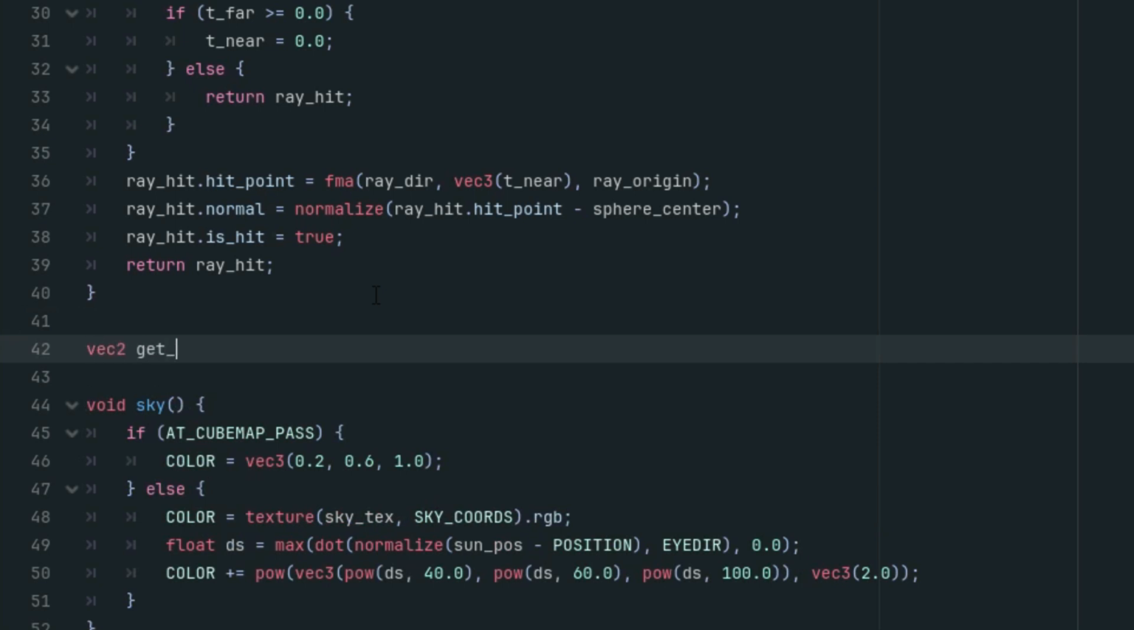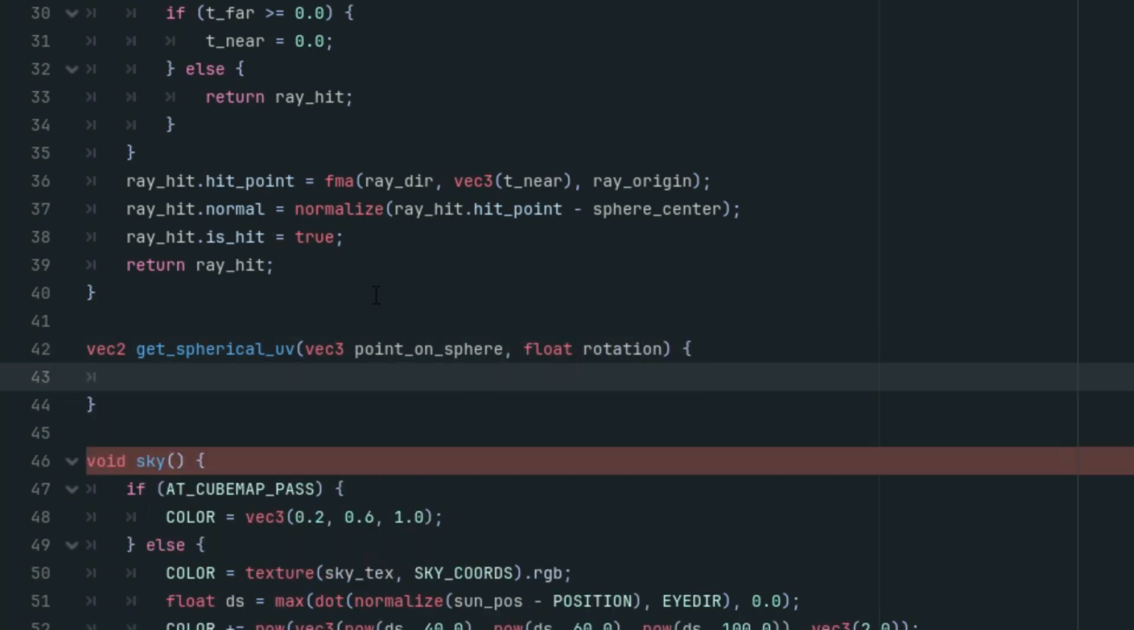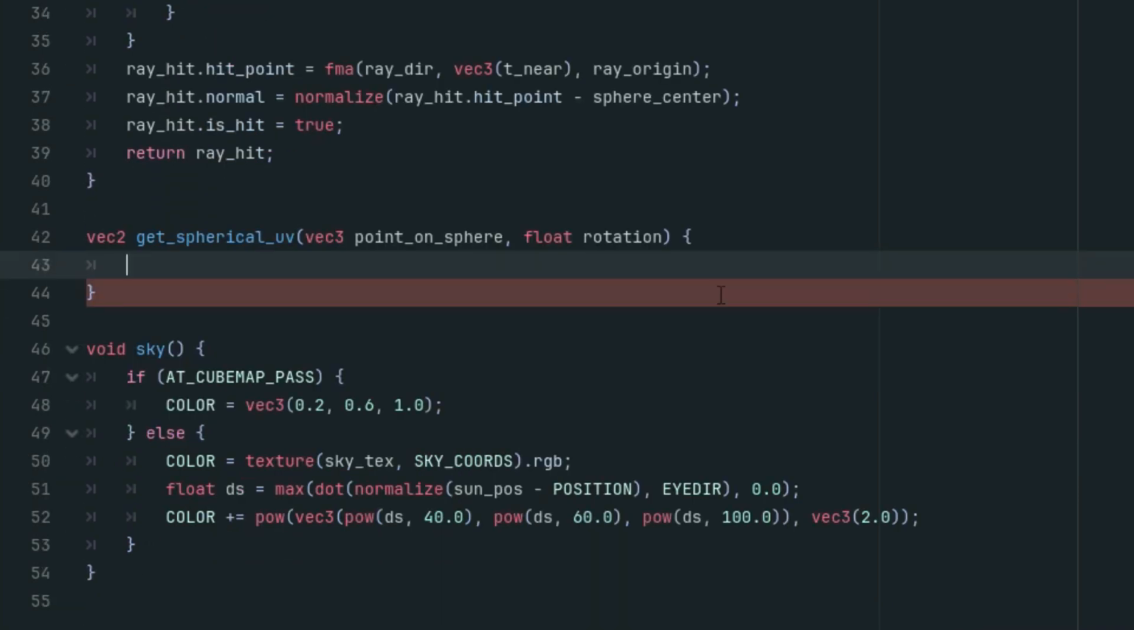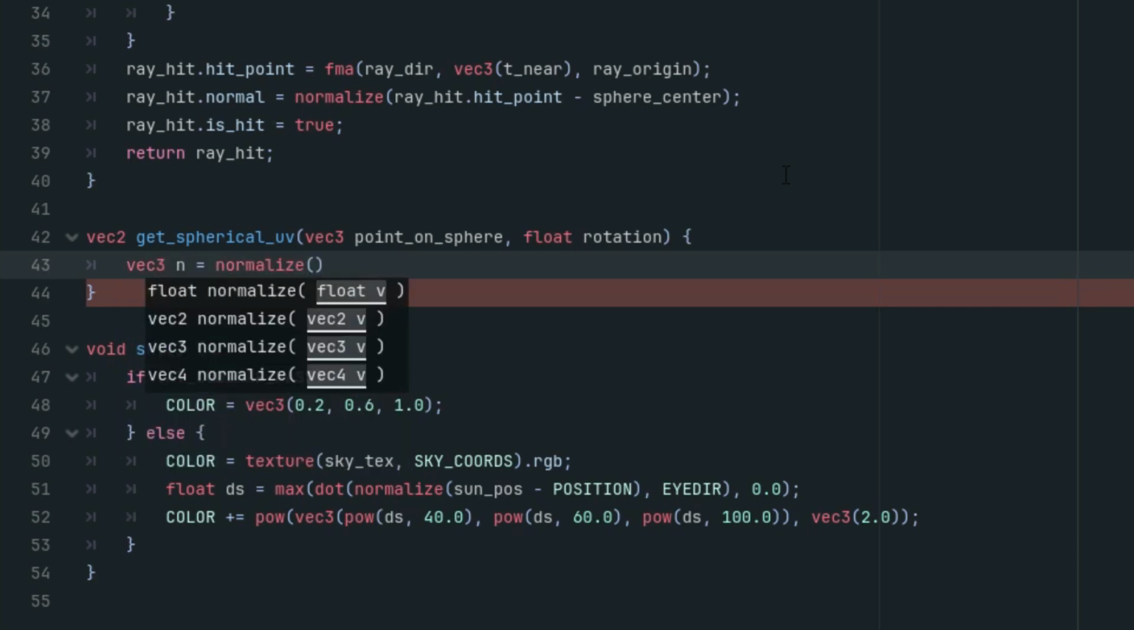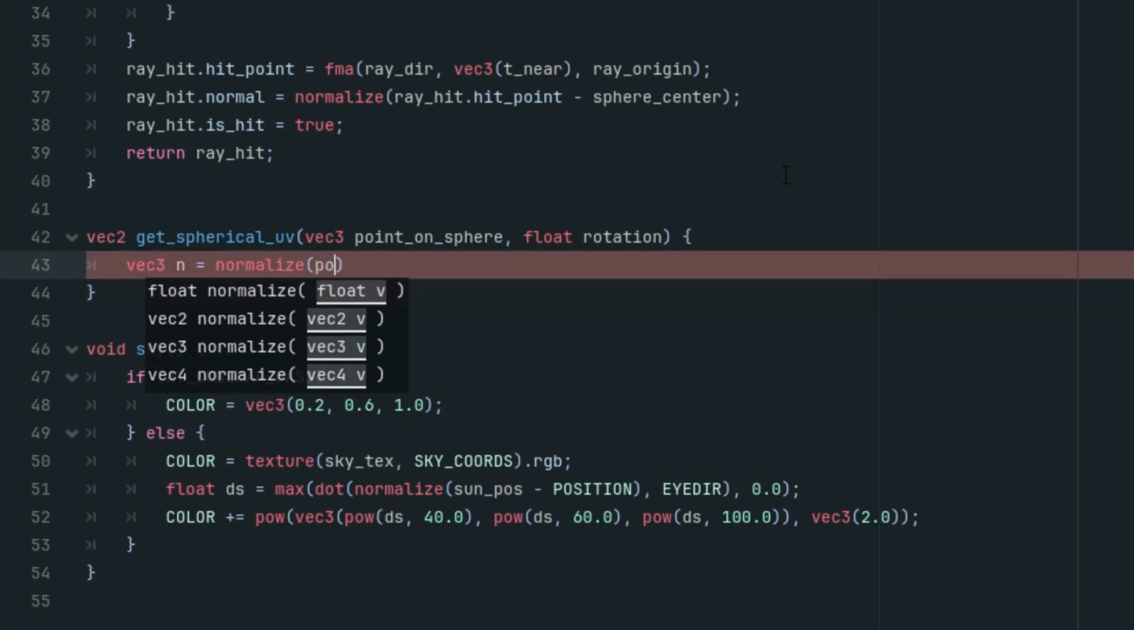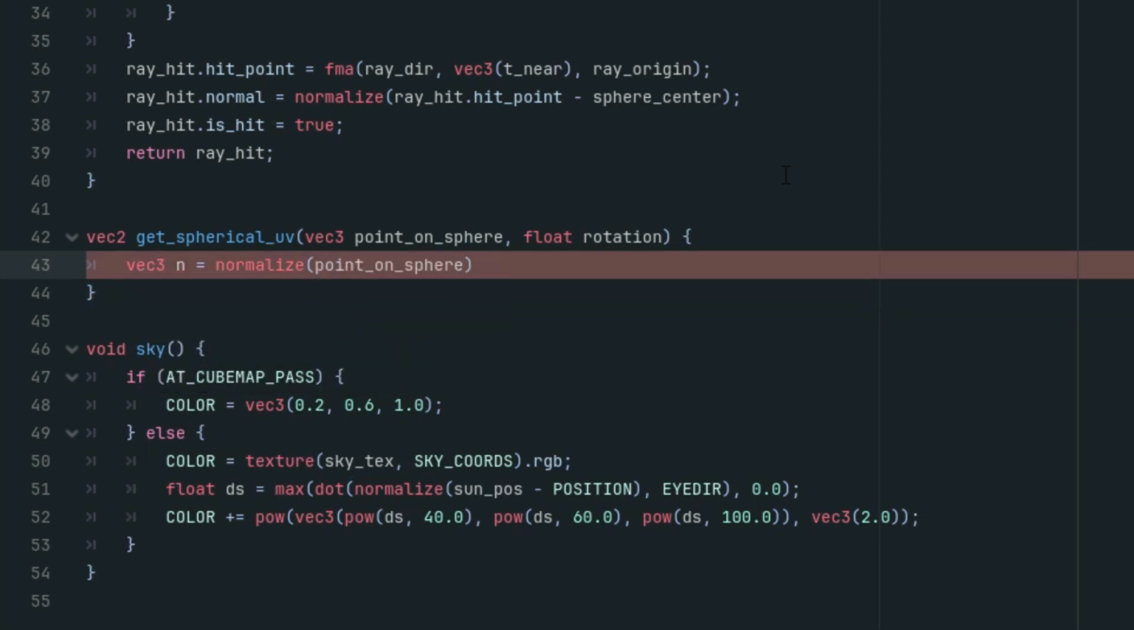Vector 2 get spherical UV, and the parameters are vector 3 point on sphere, and we also need a rotation because we already know that the planet will slowly rotate, so it's necessary to calculate this shift into the calculation. Okay, and now let's find the normalized vector of this point on sphere, because again we will work with normalized vectors. Point on sphere, all right,